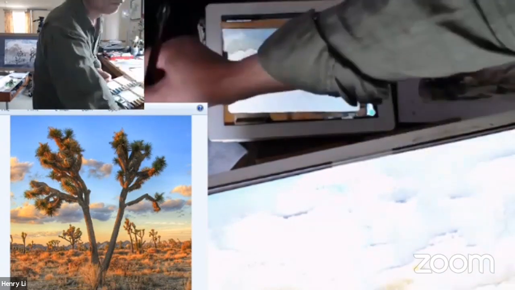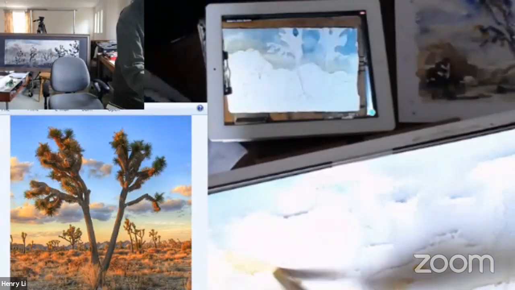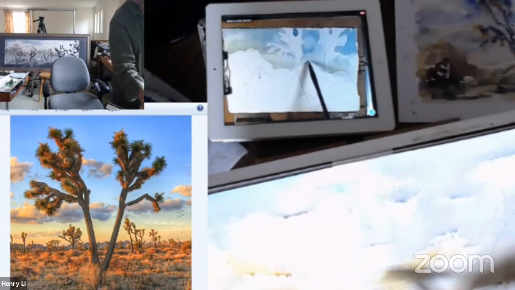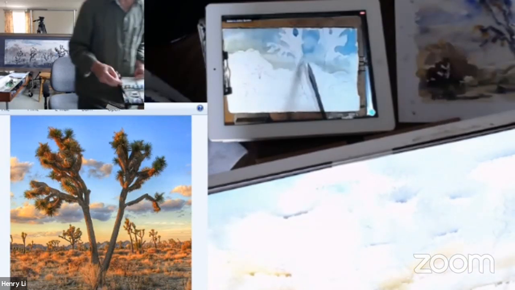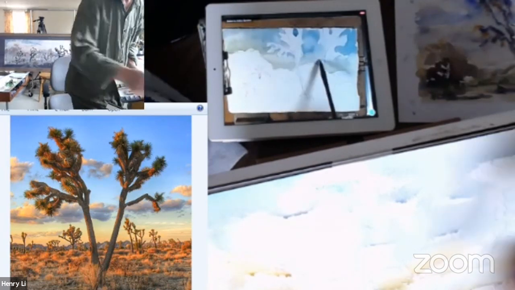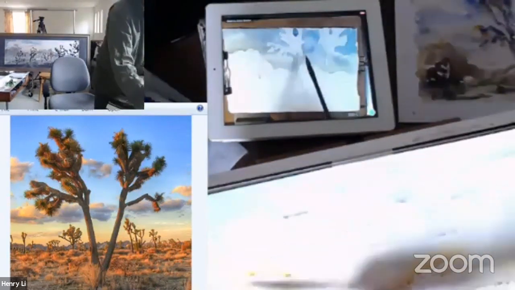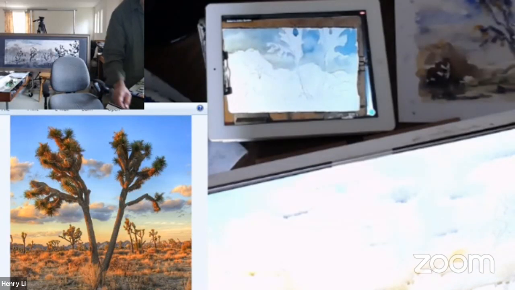while that's drying up, I can come back in my shadows. Now, if you'll notice, the shadows and the clouds are much darker toward the bottom of your page. As they get toward the horizon, why do the shadows get lighter? Because the sky gets lighter. They're not darker, but you don't get as much contrast up here. So,